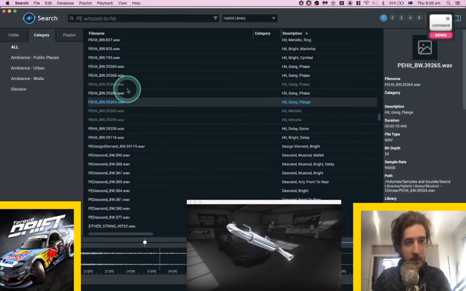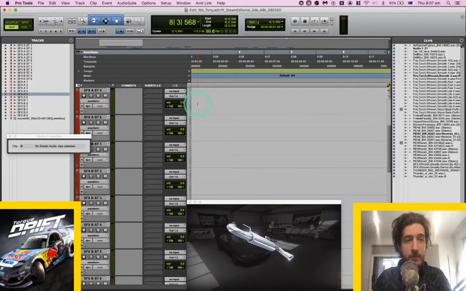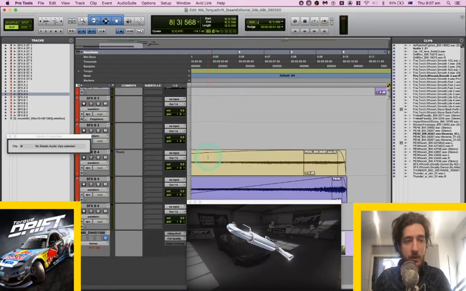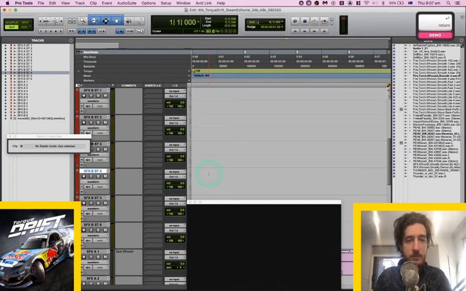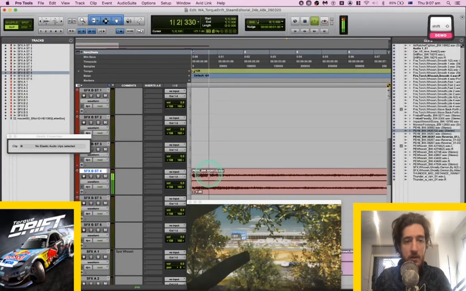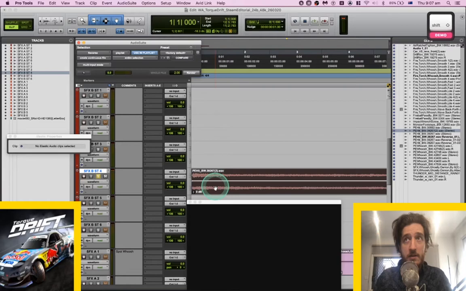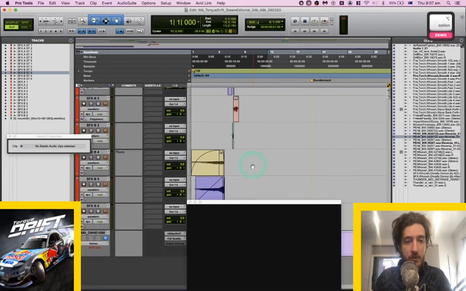How catchy. 39267. That was in stereo. Let's do that in stereo. I think that's going to be way better. What are we on? B4. Let's do it in stereo. It's going to sound so incredible now that we're in stereo.